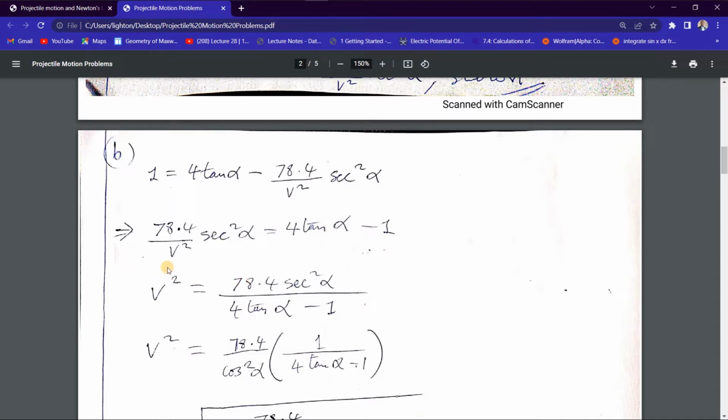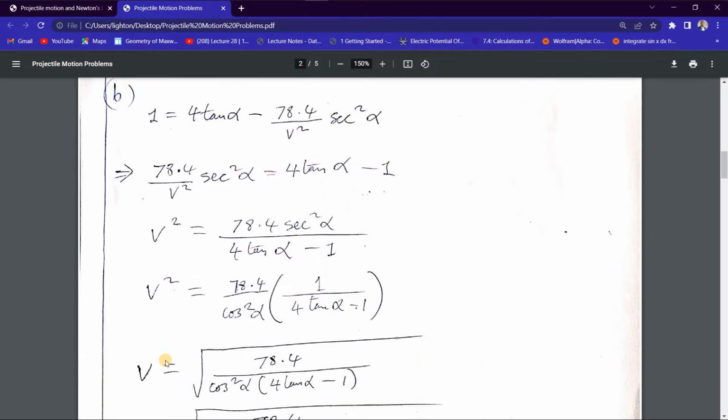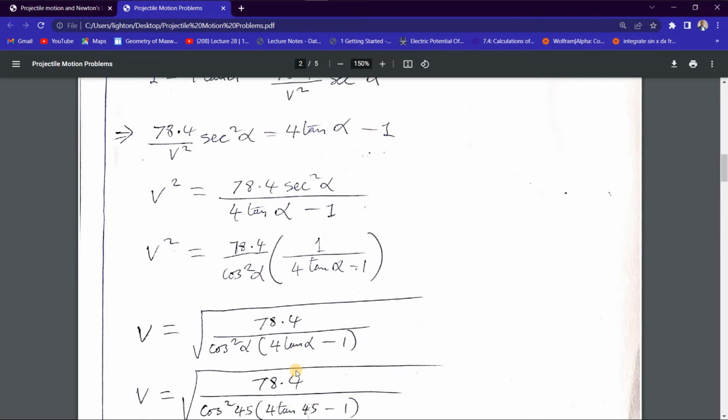Now to get rid of this square, we take square roots on both sides, which is what is done here. And this sec squared alpha is taken back to its identity, which is 1 over cos squared alpha, and it appears in this form. In the brackets here, we just have 1 over 4 tan alpha minus 1, which is this part in the denominator. So taking the square root of both sides, we get this kind of expression,